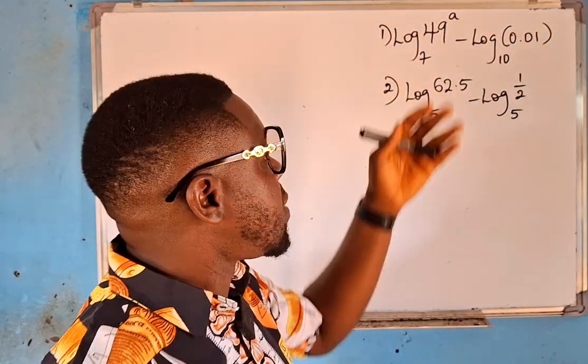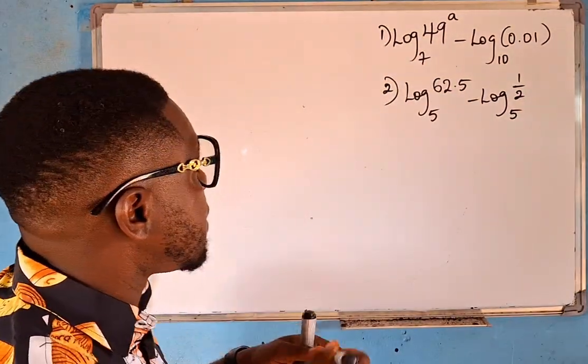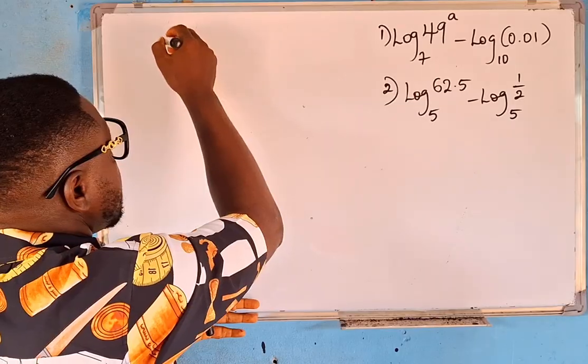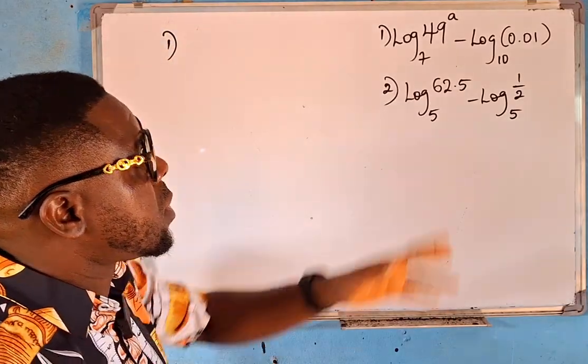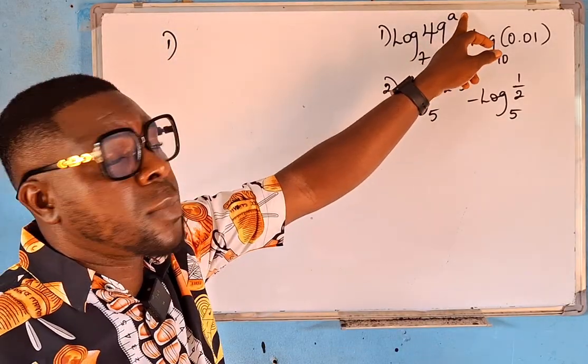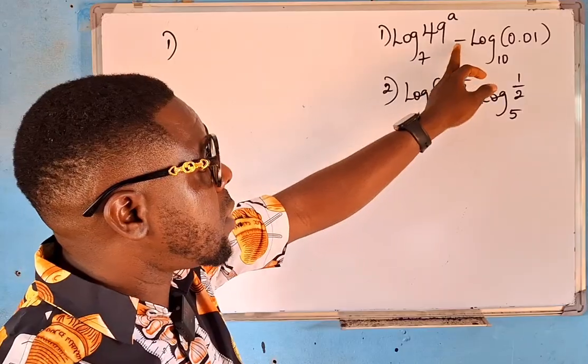Watch, let's solve these two examination questions. Let me start with the first one. The first one says we should evaluate log 49 to the power of a base 7 minus log